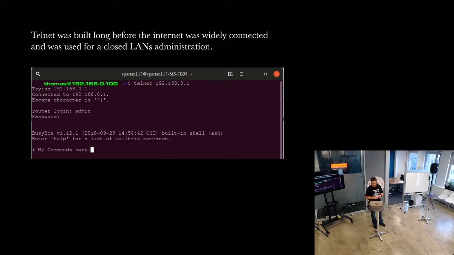So in the past, we used HyperTerminal or Telnet on Windows to remotely administer LANs and access remote servers. The majority of people were pretty much clueless about internet security back then, and hacks weren't really a thing when Telnet was being used for administering people's local area networks. So you knew who was using your LAN when you were administrator for a university or a business. You knew who was on there, who had access to it. It wasn't like you could just jump into that service from anywhere like you can now.